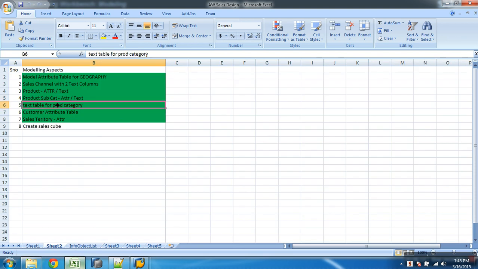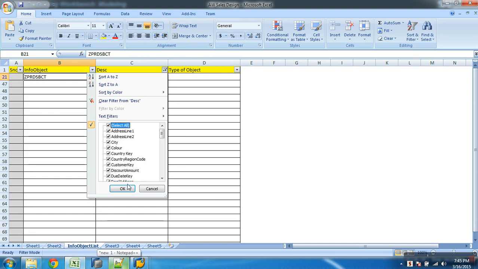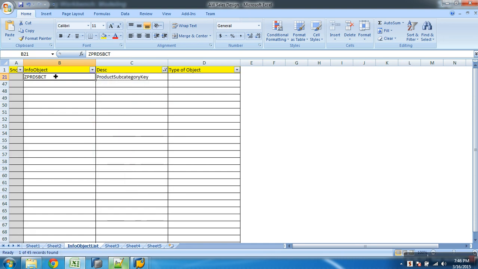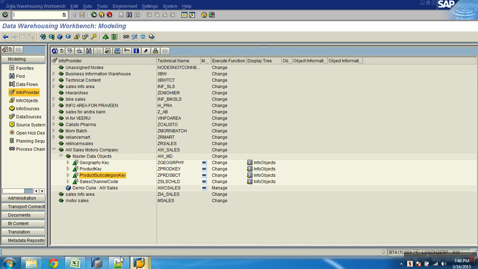What is the next table? Text table for product category. Product, I think it's subcategory, right? Did you load something in subcategory? Yeah.